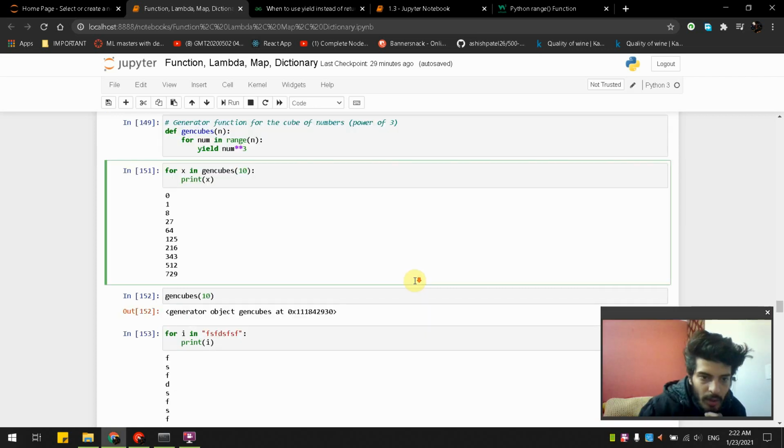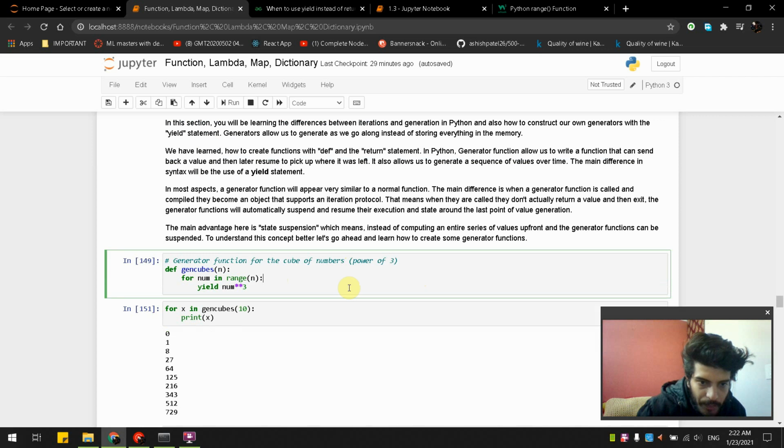Now we have to generate our function for the cube of numbers, power of 3. We now need to create a function which will generate cubes.